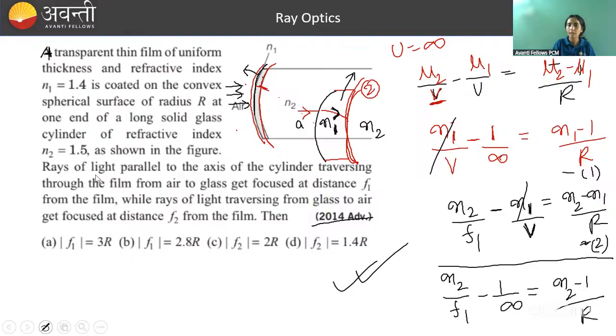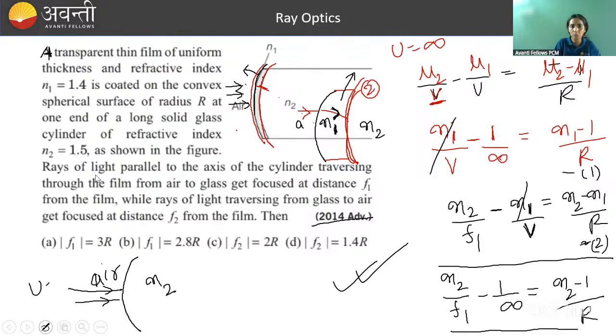अगर आप closely देखो, तो it seems like कि हमने single formula use किया है। If you look at the last result, it seems like we are using a single formula for one medium having air, another medium having refractive index N2, object was parallel, so coming from infinity, u was infinity, and it finally got converged to a point at a distance f1. So overall, we realized that this thin film is playing no role, इसका कोई रोल ही नहीं है।